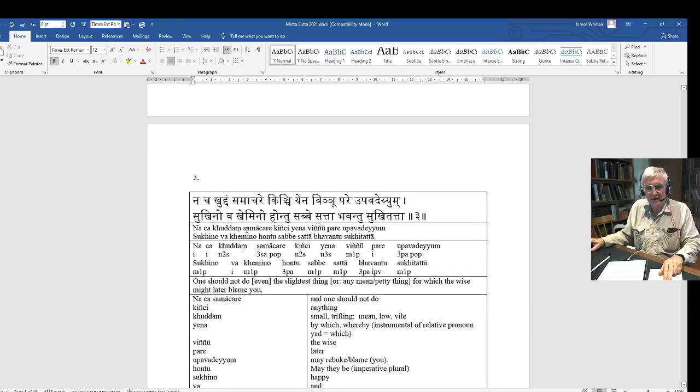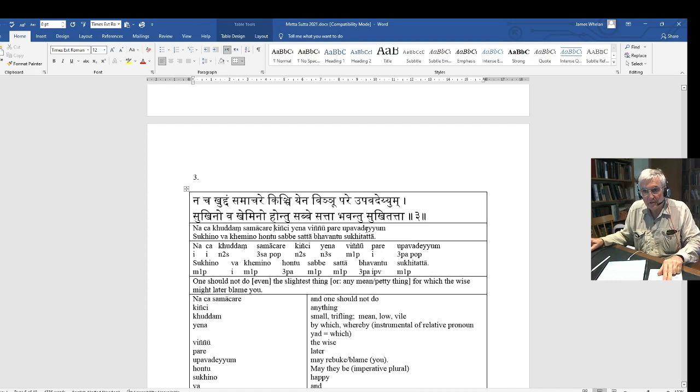Samachare, it could have been chareya, but it's the short form. Samachare: let no one commit or indulge in. Samacharati: let no one indulge in. Samachare. Yena, by which, vinu, the wise, pare, later,